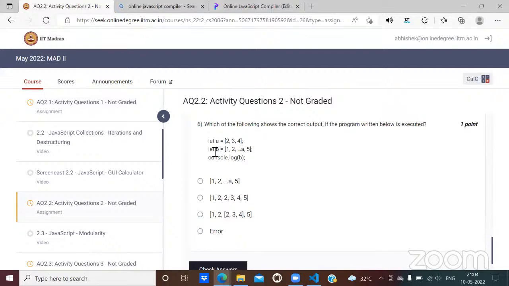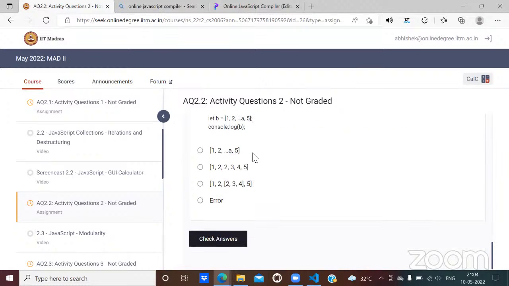Now, the way this array B would be created is that A will be replaced with its original value. It will destructure all of these elements, that is 2, 3, 4, and they will act as individual elements inside array B. Without A, the array B is 3, 1, 2, 5. But with the spreading operator, it will put 2, 3, and 4 as it is after 2. So it becomes 1, 2, 2, 3, 4, 5. The length would become 6, and the answer would be